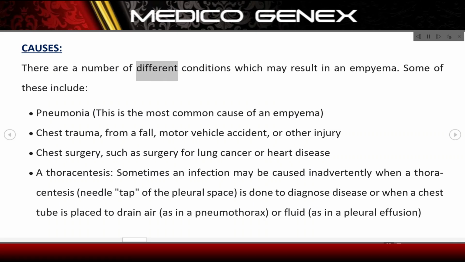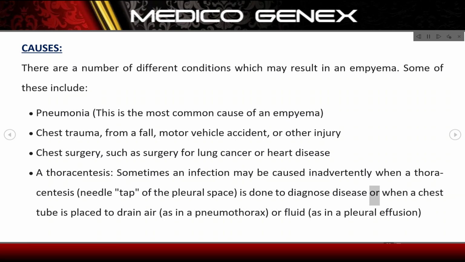Causes. There are a number of different conditions which may result in an empyema. Some of these include pneumonia. This is the most common cause of an empyema. Chest trauma, from a fall, motor vehicle accident, or other injury. Chest surgery, such as surgery for lung cancer or heart disease. A thoracentesis. Sometimes an infection may be caused inadvertently when a thoracentesis, needle tap, of the pleural space, is done